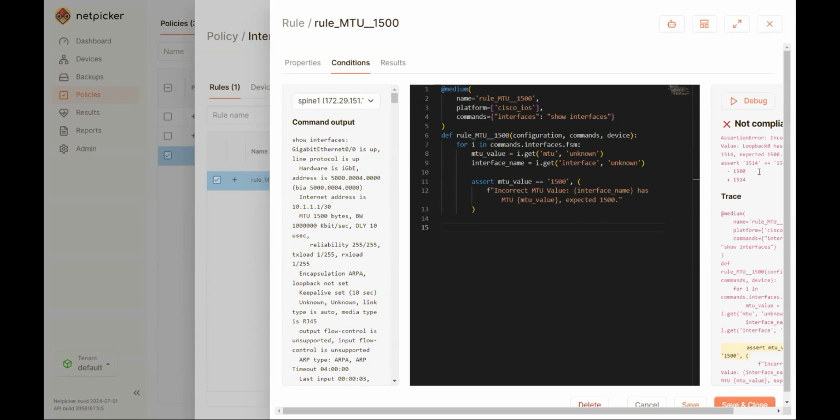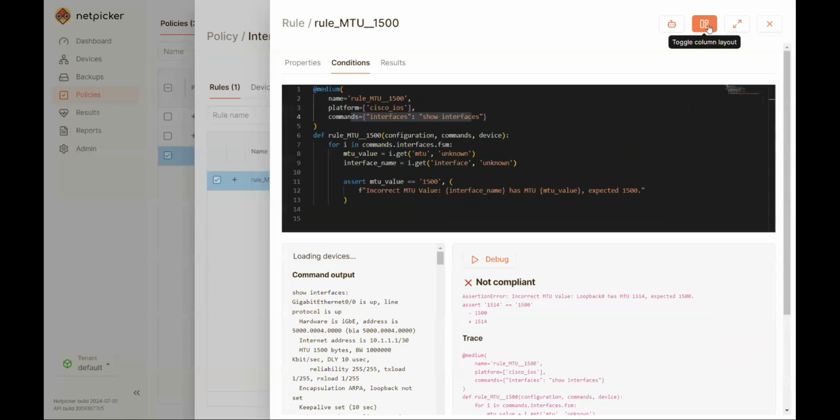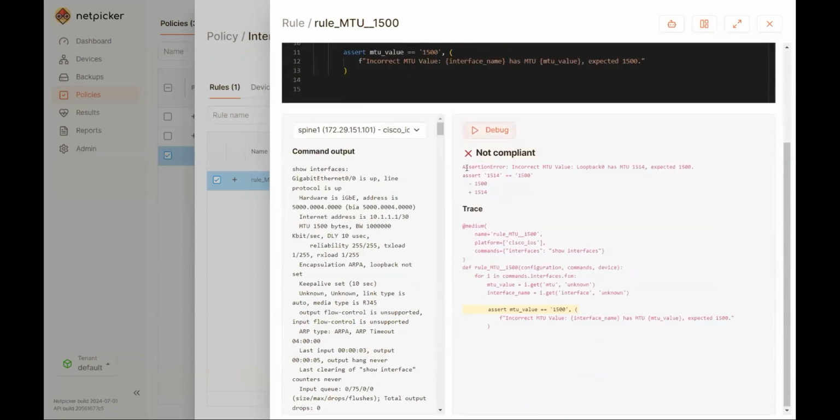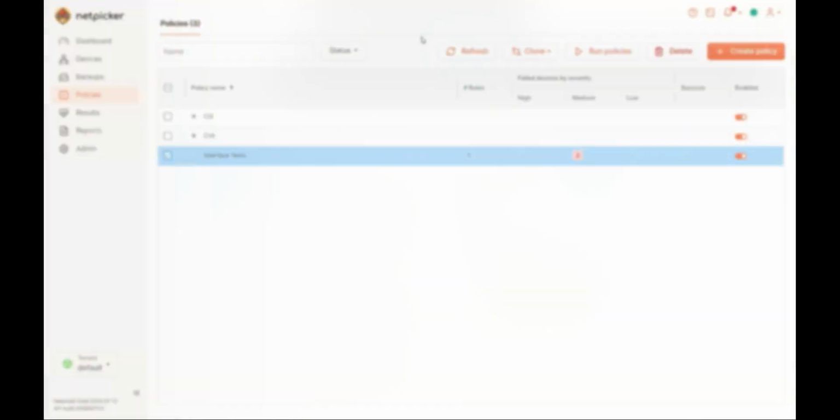And it's going to come back, it's run, it's going to show us the command output from what we've run here. But it's also going to show us the result of the test. And the result of the test at the moment is that one of the interfaces has come back with the incorrect MTU value, which is loopback 0. So you can build up your tests, you can run these against the devices,